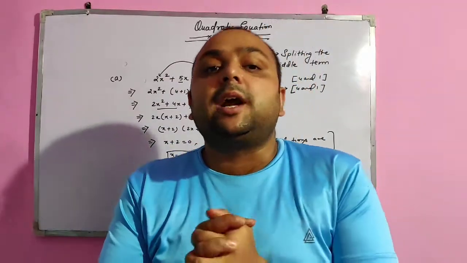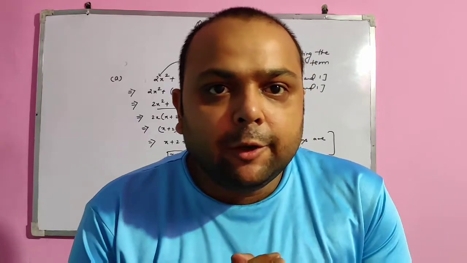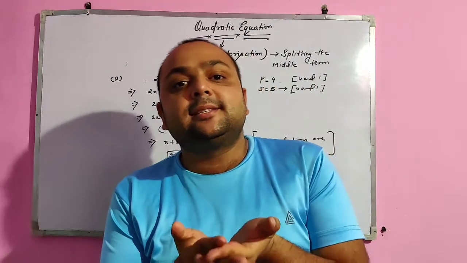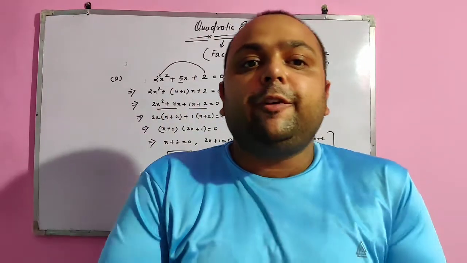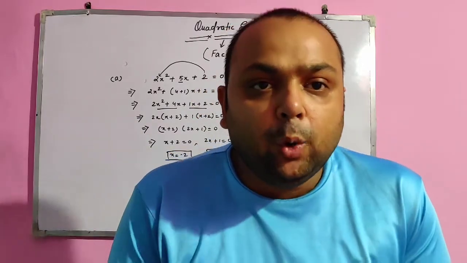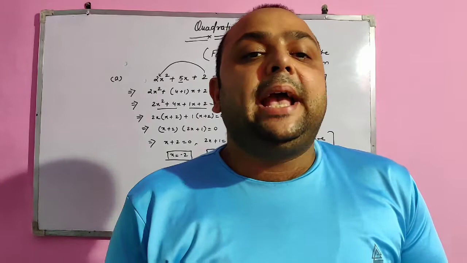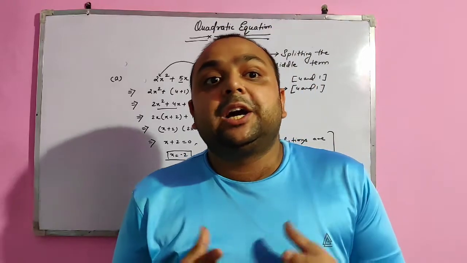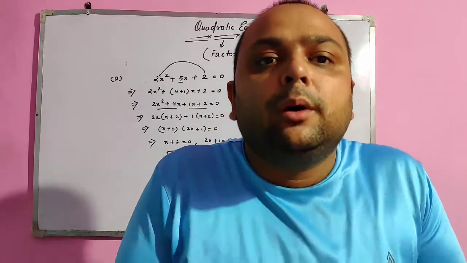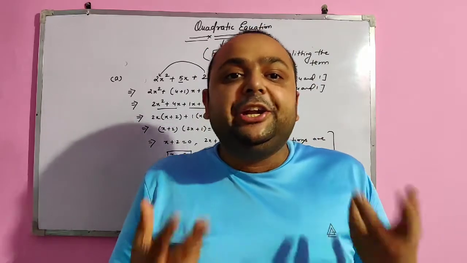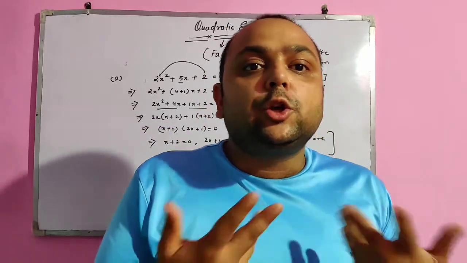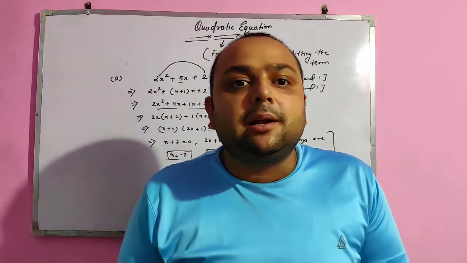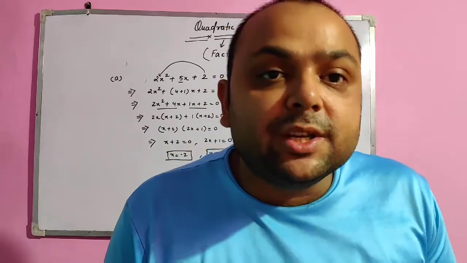In the previous video, we started the topic quadratic equation for class 10th. I explained to you what is the meaning of quadratic equation, that is any equation in the standard form of ax square plus bx plus c equal to 0 in which a, b, c can be any real numbers, integers, whole number or whatever it may be. But the condition is a should not be equal to 0. I have also defined many key terms related to the topic and also explained the way to solve a quadratic equation. Now in this class we are going to start each way to solve an equation step by step.